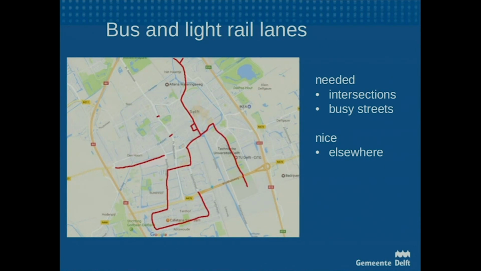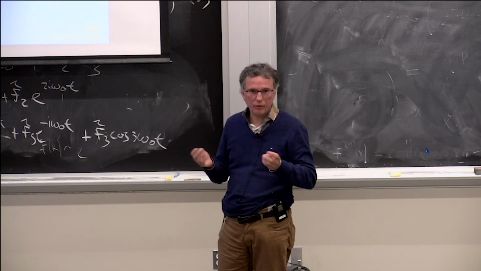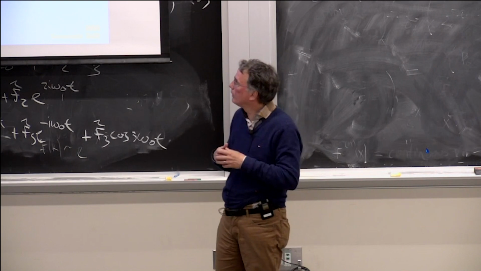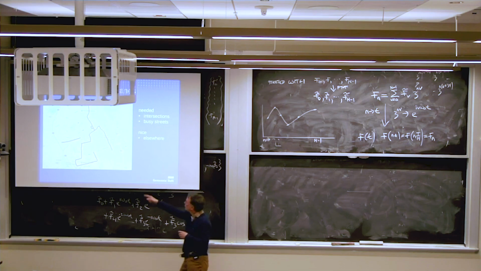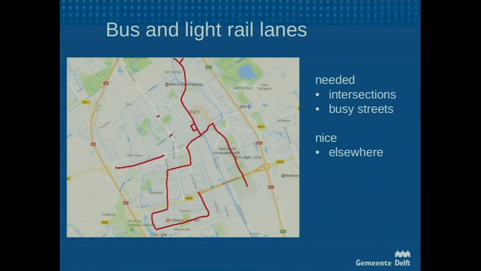Where the city center is, you see Delft, that is the downtown area, the central market square, where all the shops and all the restaurants are, the most historical center. It's a lovely place to be. You see a square over there, that is the central railroad station. If you'd like to leave the city, go there. And we designed all the bus lines going to the central railroad station. We can give them good priority at that location.